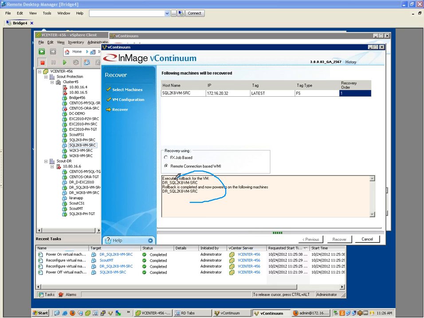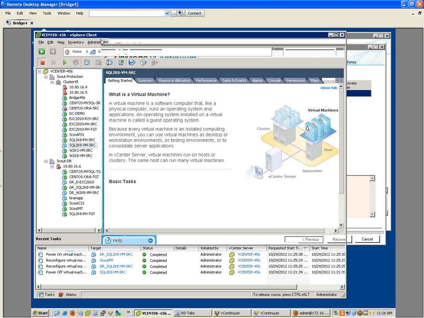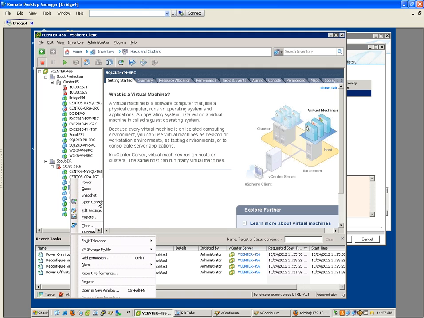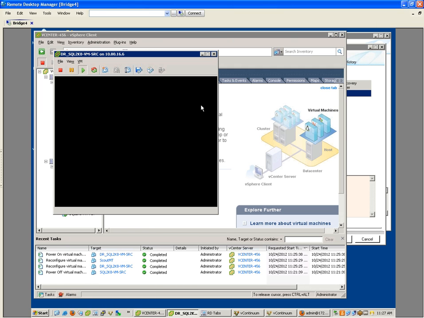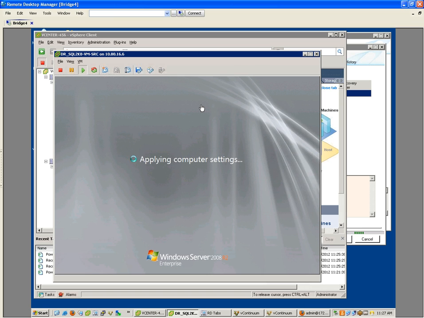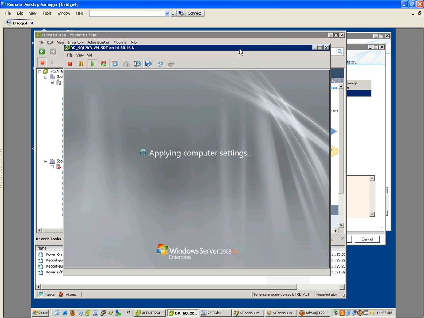If we were to stay on the vContinuum screen, we would certainly see an update as it happens right here. But ultimately, more interesting is to go to the vCenter, and let's actually open up a console in vCenter and see if we can see the operating system powering on now. So what we should see is Windows going through its power on process. You can see here, it'll be applying a few settings. And ultimately, when this is available, we'll be able to log in, and we'll be able to go ahead and pull up some SQL content, take a peek at it. While we give this a few minutes, let me review to see if there's any questions out there that we can answer.